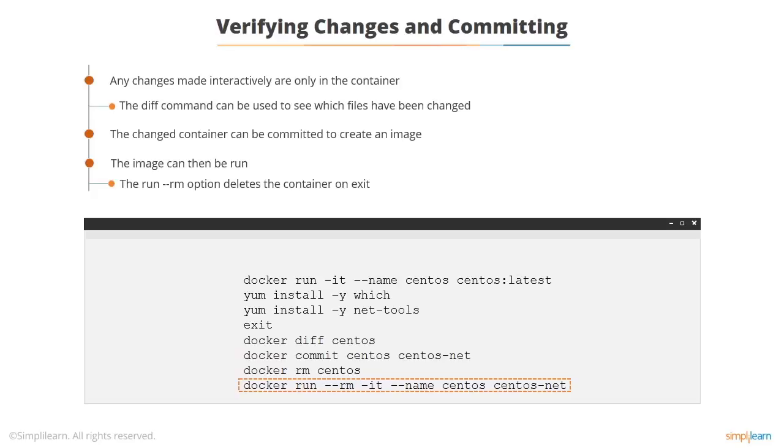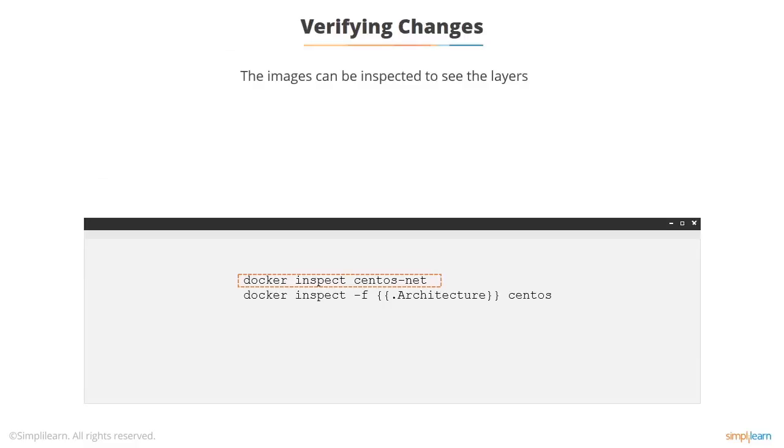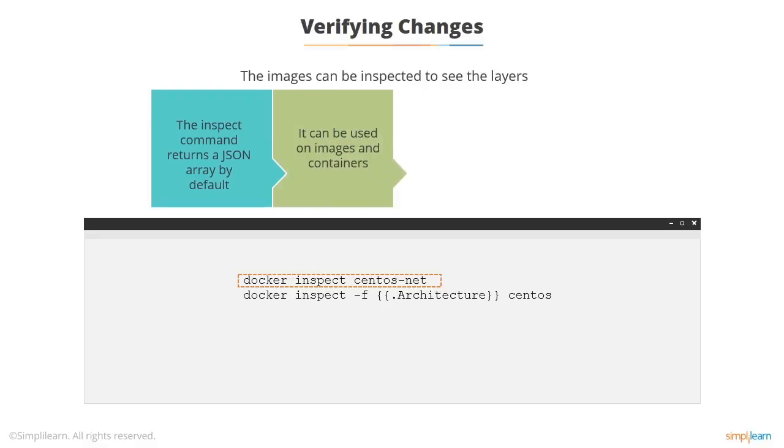You can inspect the layers of the images using docker inspect. By default, Docker likes to use JSON documents, JSON arrays. It uses it for both reporting and for configuration sometimes. And so you can use it on both images and containers. So you can get the size, you can get various things. If you put the -f switch, it formats the JSON, it extracts the JSON fields with a certain matching pattern.